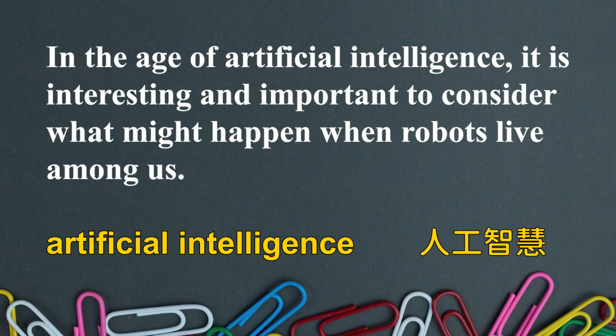In the age of artificial intelligence, AI, it is interesting and important to consider what might happen when robots live among us. OK，最后他的结论就讲说了，In the age of artificial intelligence，或者是老师刚刚讲的 AI，就是人工智慧，身处在人工智慧的年代，it is interesting and important。后面这件事情又很有趣，而且又很重要。什么很重要呢？To consider what might happen when robots live among us。当我们今天身处人类世界里面，其实还有很多的机器人跟我们同处在这个环境里头的时候，到底会发生什么事情？需要去知道，需要去了解，需要去考虑。